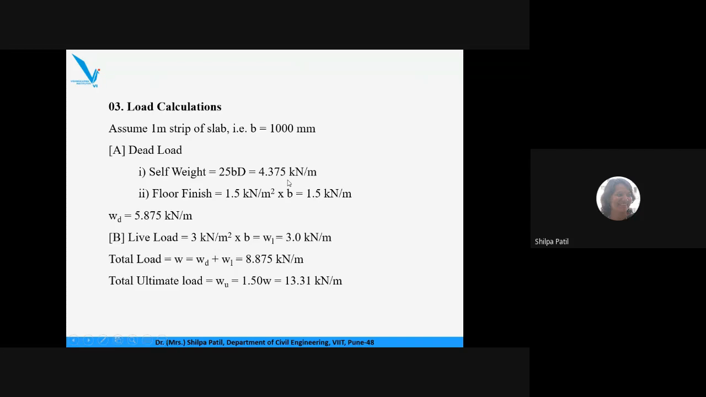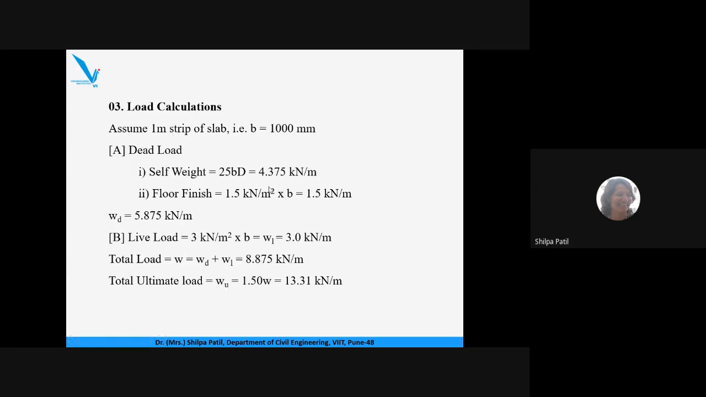The load calculation steps will be exactly similar to that of the one-way slab. We assume a 1 meter strip of slab, that is B, which we take as 1000 mm. Dead load self weight is calculated using the formula 25 × B × D. D is 175 mm, so the values are put here, and the self weight is calculated as